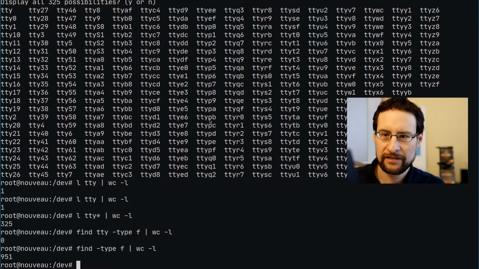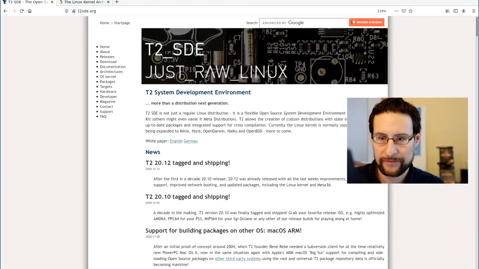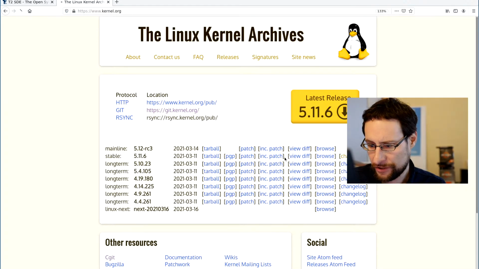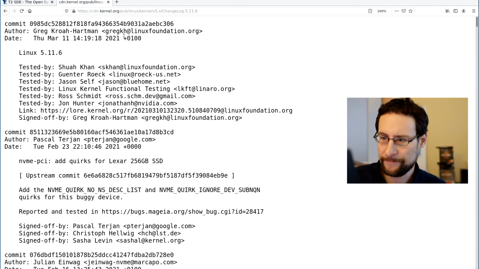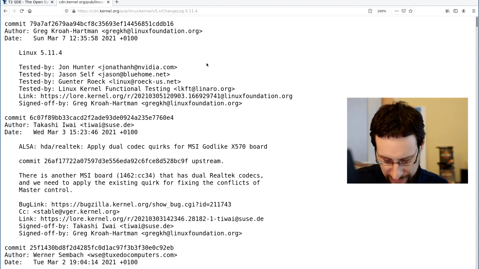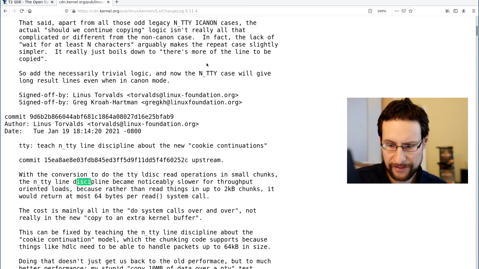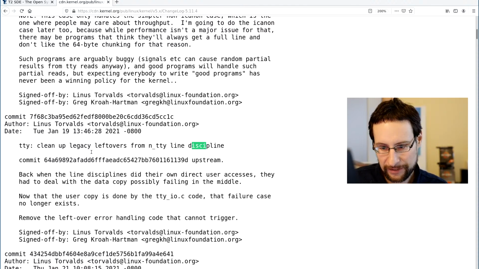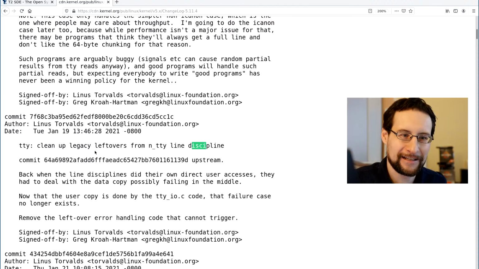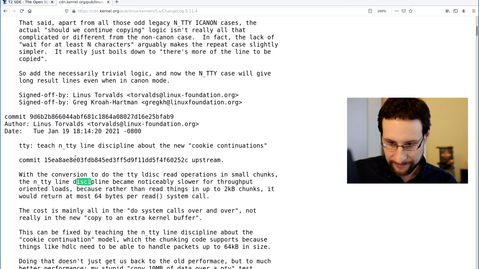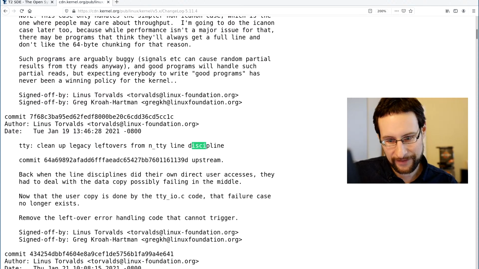I hope you learned something. Otherwise, you probably could also learn quite a bit scrolling the latest and greatest security updates here. And fun fact, just the other day I learned there were of course some security mitigations here in iSCSI, I think. Also TTY, just when we speak about this, right? Clean up legacy leftovers, like statically allocated serial drivers, right? And TTY line discipline of, yeah. Anyway,